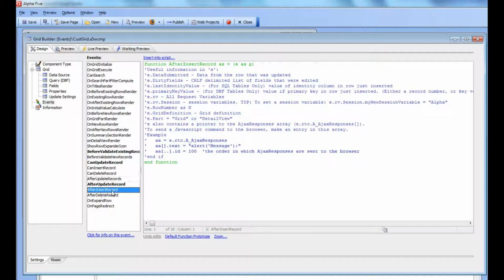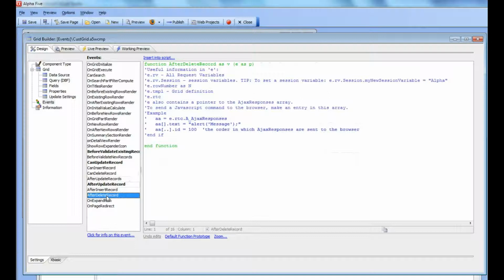After insert record event fires after each record that was inserted has been successfully inserted into the database, and after delete fires after each row that was deleted successfully has